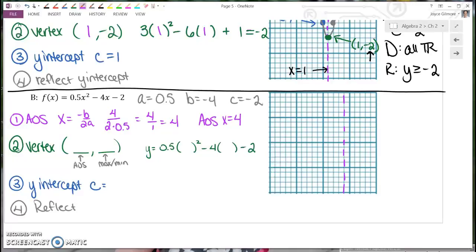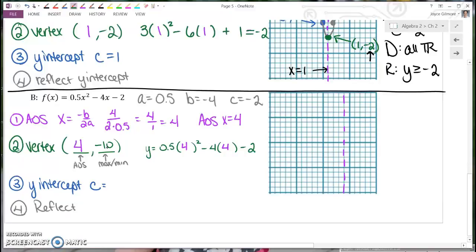So we plug in 4 over 2 times 0.5. You need to do the multiplication at the bottom. 2 times 0.5 is 1. 4 divided by 1 is 4. So our axis of symmetry is the vertical line at 4. Our vertex has to exist on the axis of symmetry, so 4 is also the x value of the vertex. To find the y value of the vertex, take whatever function you're working with and plug 4 into it. So 0.5(4)² minus 4(4) minus 2, you should get